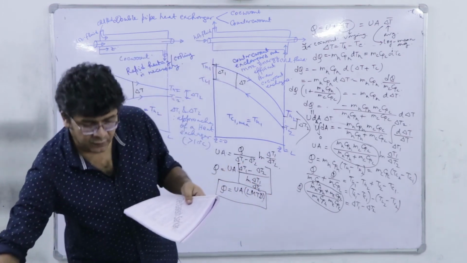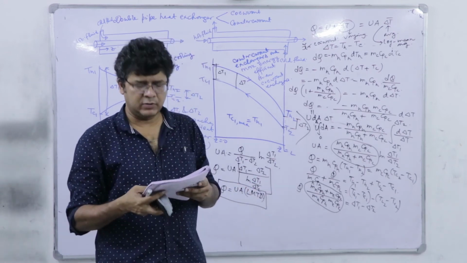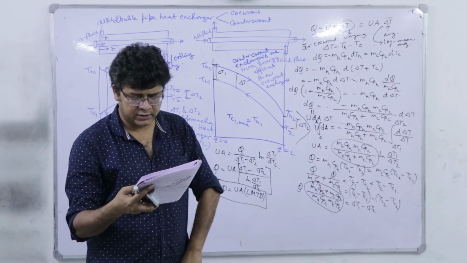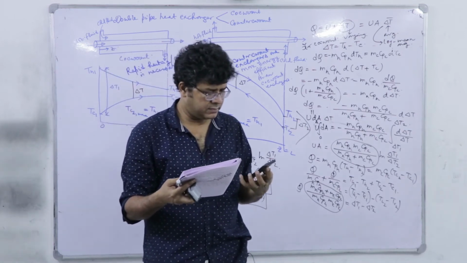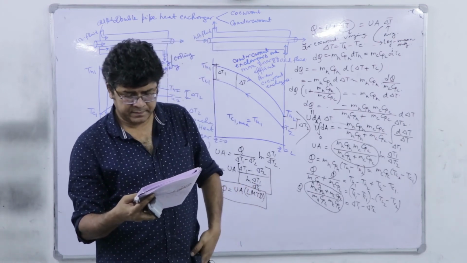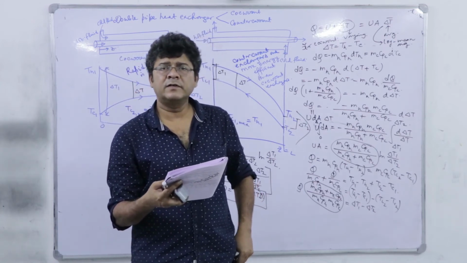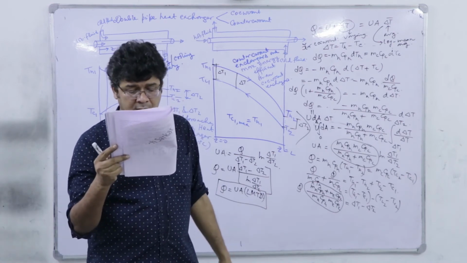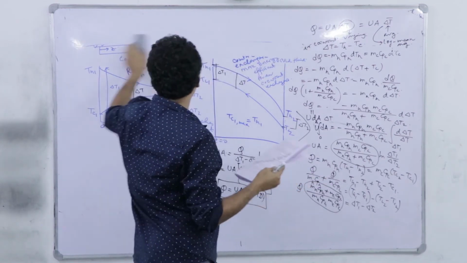So let's prove another, that's more or less about convection. So next, what I have mentioned in 1 or 2 lectures before, that for a sphere placed in a stagnant fluid, the Nusselt number equal to 1. Sorry, Nusselt number equal to 2. So that we are going to establish now.